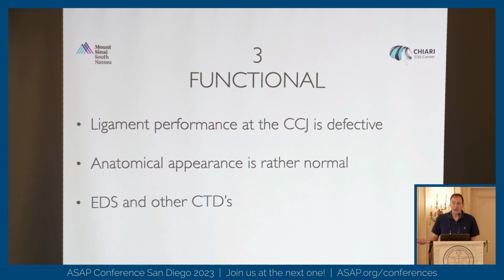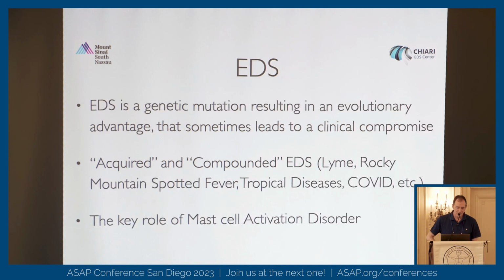The anatomy looks okay. Look at the MRI, looks okay. Nobody touched you ever surgically, but the ligaments are wobbly because the ligaments are supposed to keep everything together. If you have something which is wobbly, the bones are going to do like this. So the anatomy is rather normal, but the ligaments are defective, and congenital pathologies affecting ligaments are called connective tissue disorders. And the Ehlers-Danlos syndrome is the